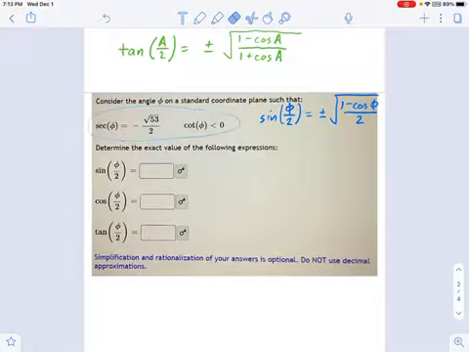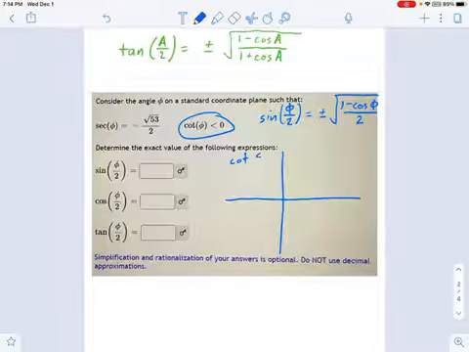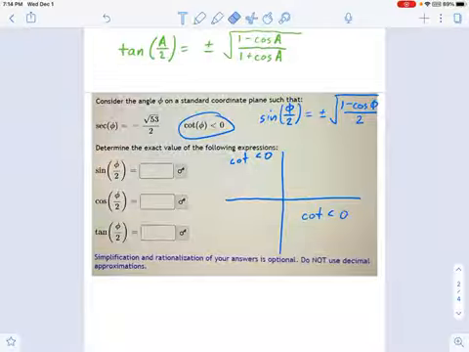Well, you might remember we spend a lot of time drawing triangles on a standard coordinate plane, so I'm going to do that. And I will give you some good news. This is easier than when we're dealing with the summation angle triangles, because there's only one triangle here. It's just the angle phi. So let's take a look at what we're given. Cotangent is less than 0. Where's that true? If you know your coordinate plane, you know that cotangent is less than 0 in quadrant 2, and cotangent is less than 0 in quadrant 4. So I'm not sure where I am.